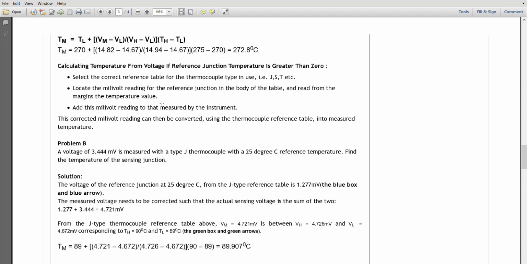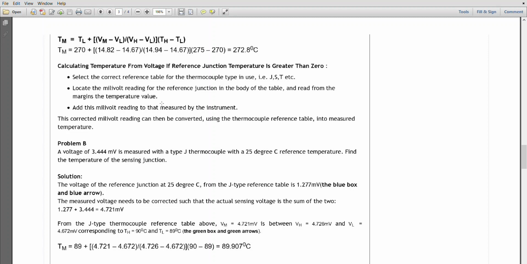What we will be seeing is the problems related to thermocouples. So thermocouple, you all know that it's a junction of two dissimilar metals. When these metals are operated at two different temperatures between hot and cold junction, there is a thermal EMF generated. But the catch is the thermal EMF generated will be directly proportional to the difference in the temperature if the cold junction is operated at 0 degree centigrade.